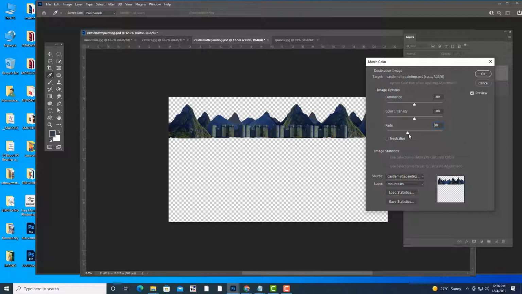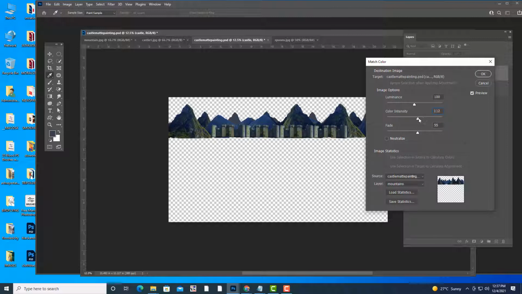We should not keep it at 100, because then the matching effect is totally gone. We want to keep it somewhere in the middle, something like that. The matching effect is still there, so we can reduce it further. You can keep it somewhere here. Next is Color Intensity. If you want the color to be very dark, you can increase the color intensity. But if you want black and white, see, now it is totally black. So color intensity should also be somewhere in the middle.